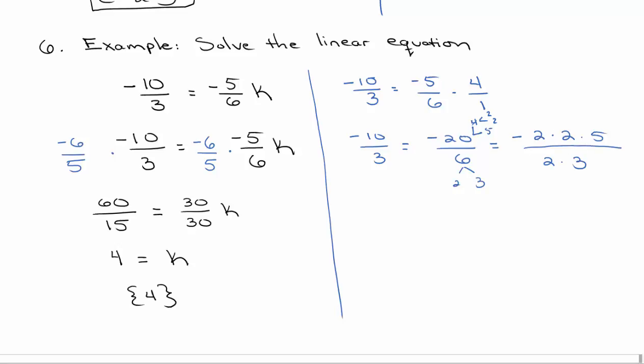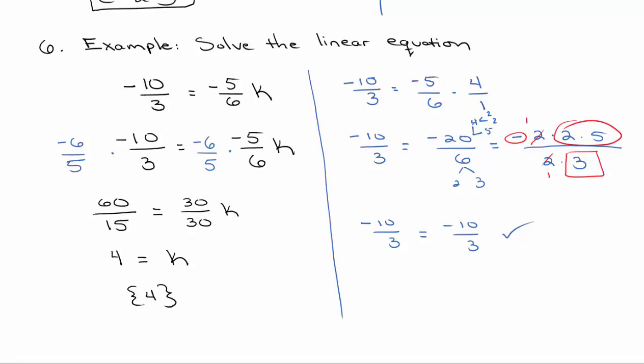So we can cancel out a common factor of 2. And here we'll be left with 2 times 5 in the numerator, which is 10. Don't forget the negative. And then we've got 3 in the denominator. So we're going to end up here with -10 thirds is equal to -10 thirds. Yes, it's true. Therefore, the solution to this equation is going to be